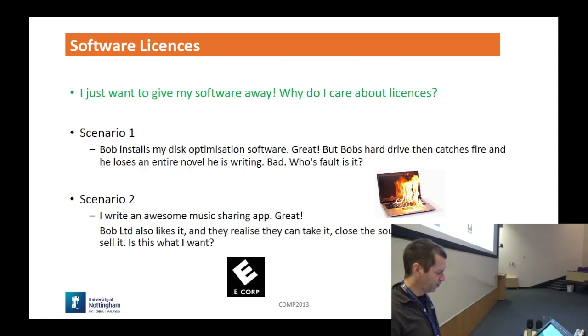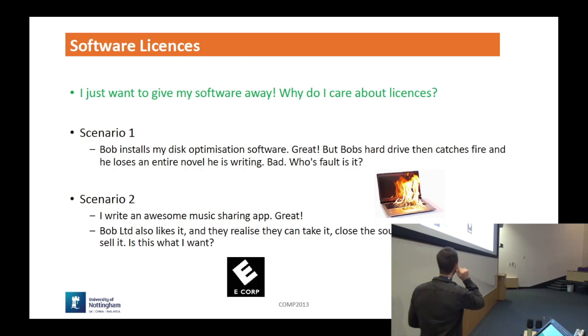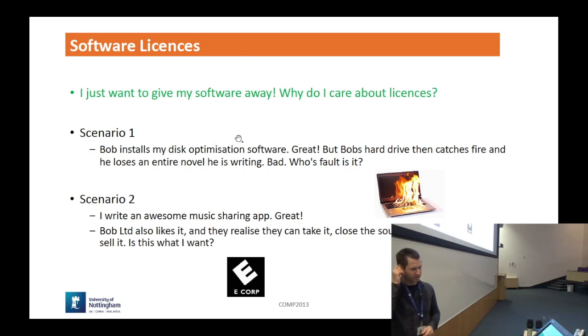Right, if I'm releasing some software and somebody else uses it and they have a problem, whose fault is that? I don't want anybody to sue me. There's a good way to handle this problem, by the way, which is to not release your source code under your name, but under a company name. So they have to sue the company and not you personally. Anyways, that's a different story.